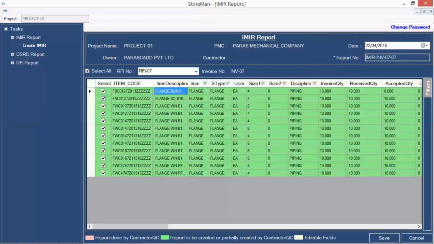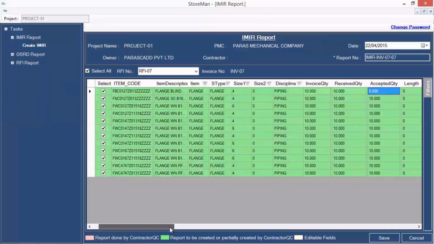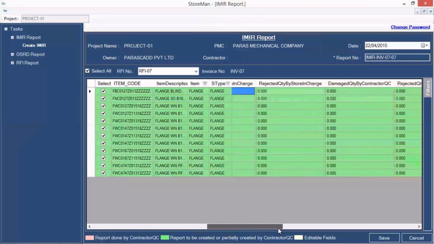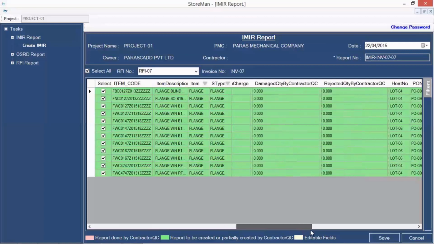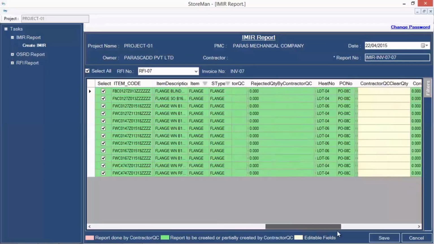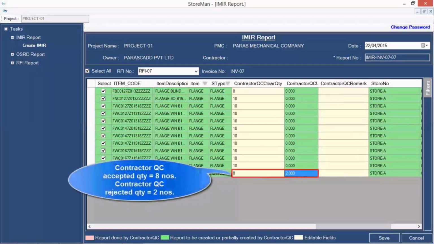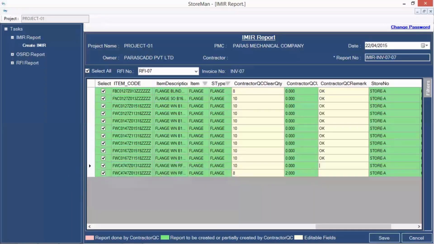In the similar manner as the store department received the inputs, the contractor QC person will also perform the inputs. These are the basic details available on our screen with respect to the items. Apart from these, whatever inputs were provided by the store department will be available on the screen itself. Now the contractor QC person has to provide their inputs. Like here, he is also providing the input, and he may also mark the rejections or the non-acceptance.